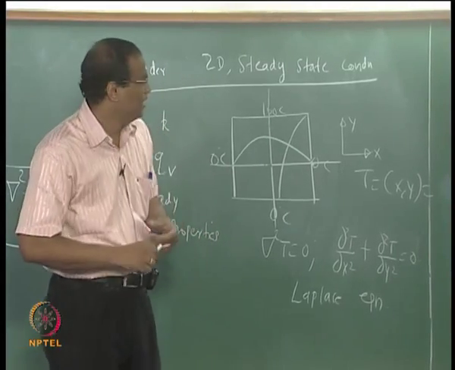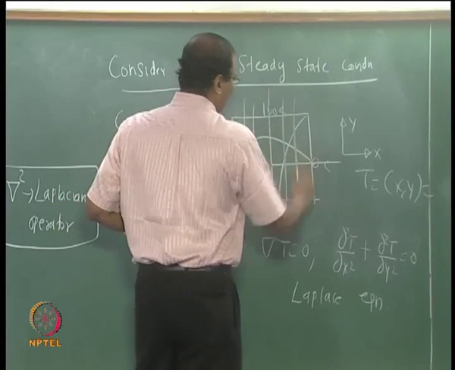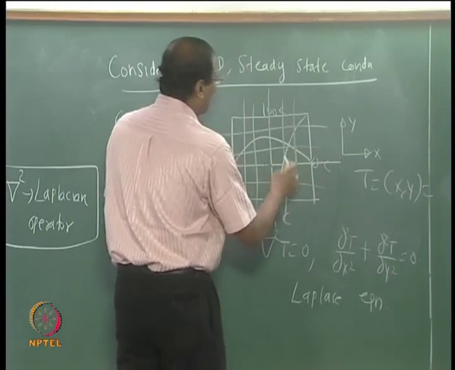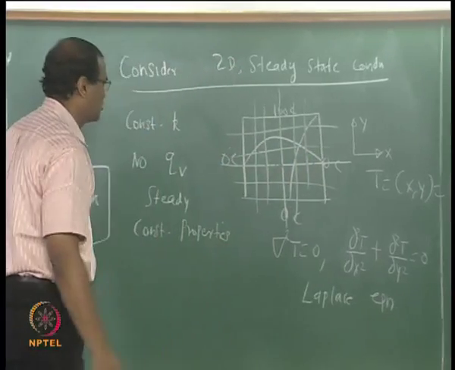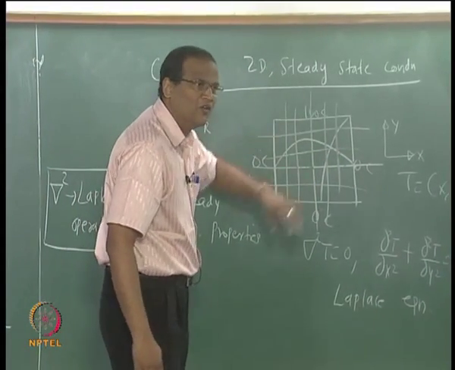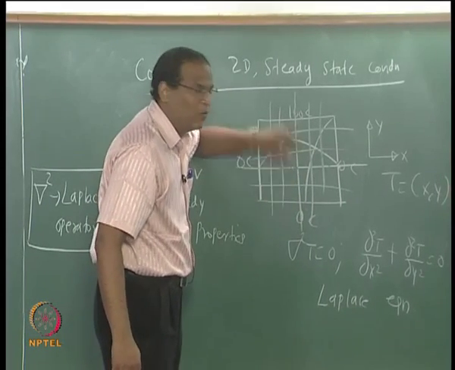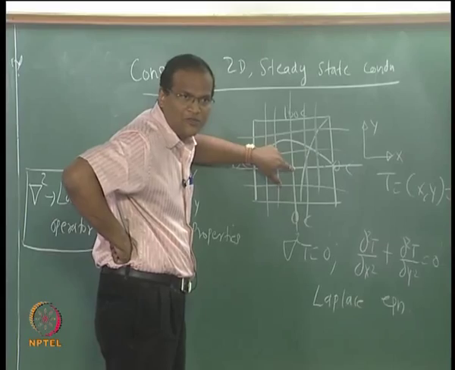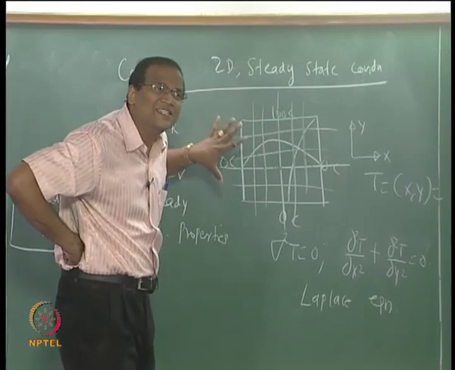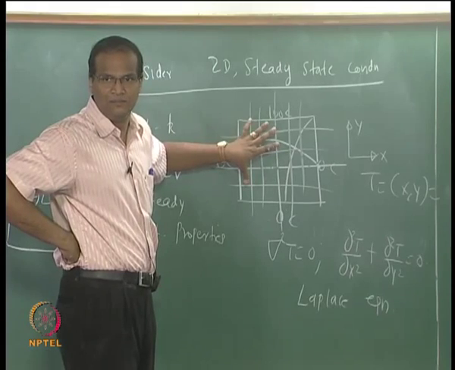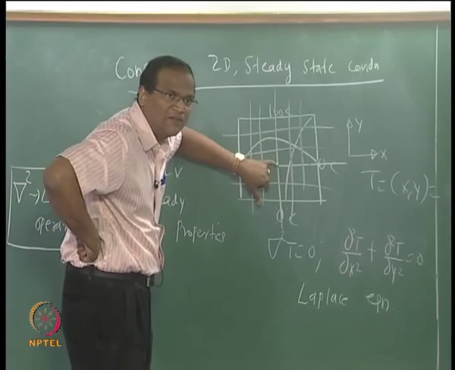or up to PhD. I will ask them to write a code and then keep on changing the number of elements, keep on changing delta x, delta y. You can use a 4 by 4 grid, 7 by 7, 9 by 9, 11 by 11, use a central difference approximation, use uniform grid, non-uniform grid and prove that the center temperature is very close to 25. Once you get results where the center temperature is close to 25, then your results are insensitive to the grid and they are also validated because there is an analytical solution which is possible.